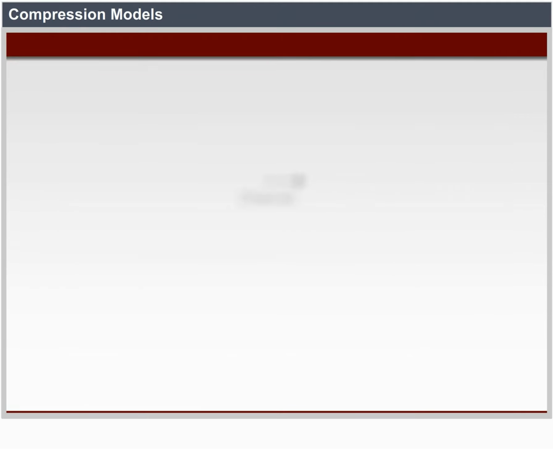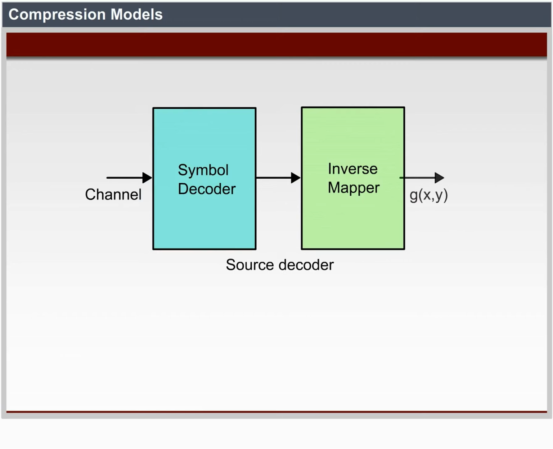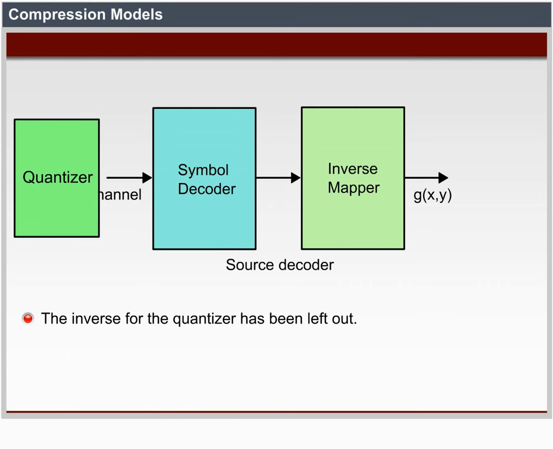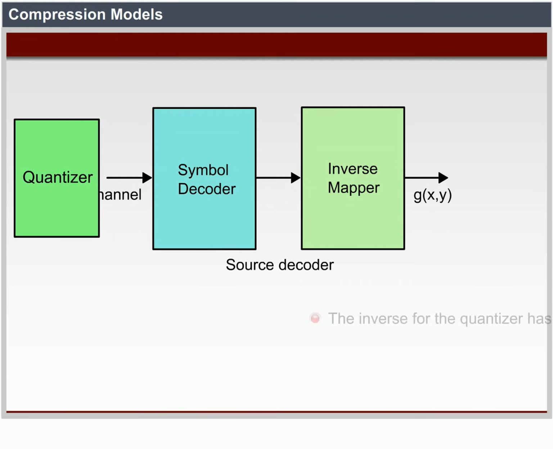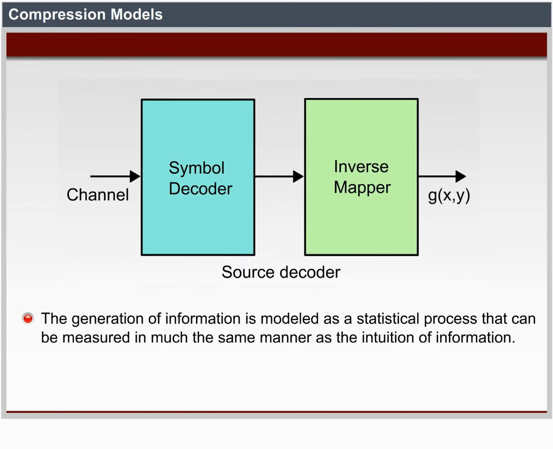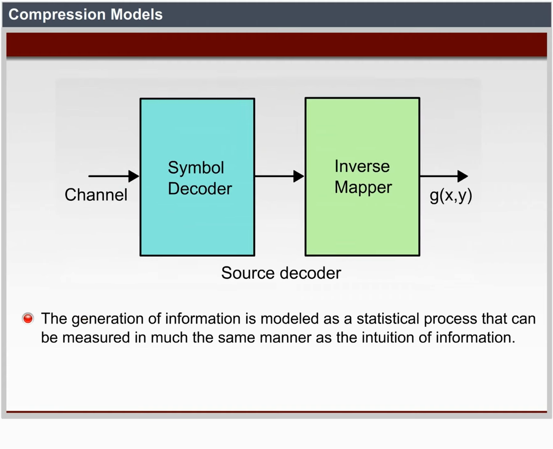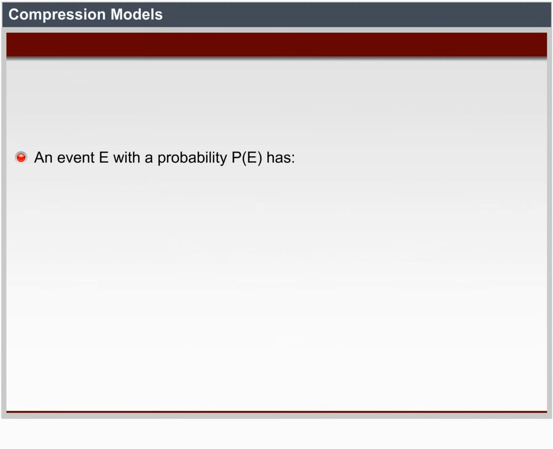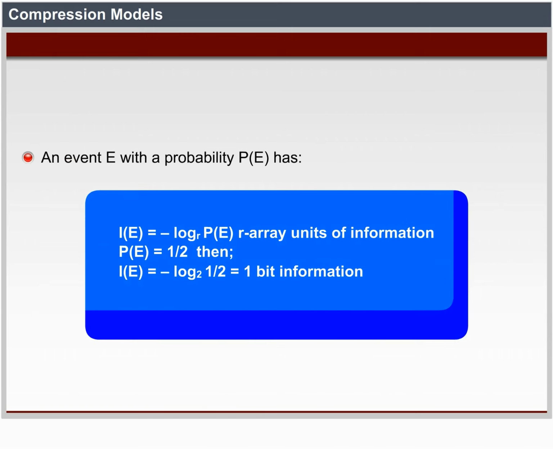A representation of the source decoder can be seen on the screen. The general model belonging to the source decoder is shown here. The inverse of the quantizer has been left out. The generation of information is modeled as a statistical process that can be measured in much the same manner as the intuition of information. An event E with the probability P(E) has: